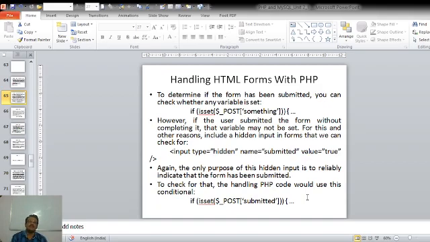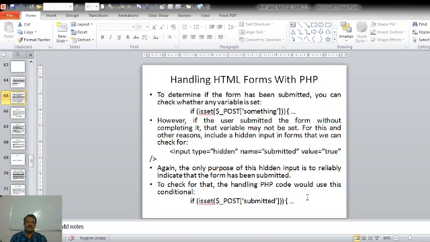However, if the user has submitted the form without completing it, that is, he has not entered any values in particular elements, then that variable may not be set in the $_POST array.